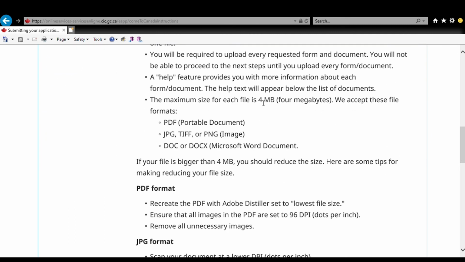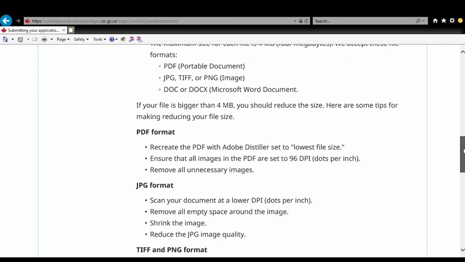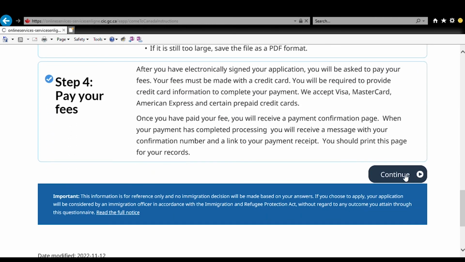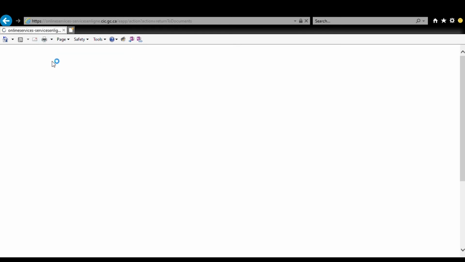Your document should be a maximum of 4 megabytes. Above that, your document could not be uploaded, and it can be in PDF format, JPEG, or TIFF, depending on what equipment you have at hand. So with that,